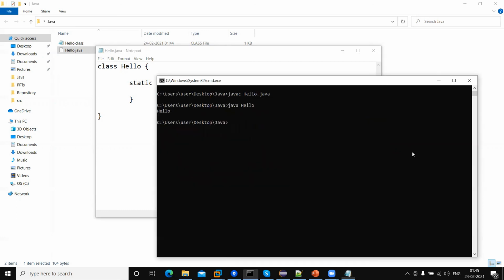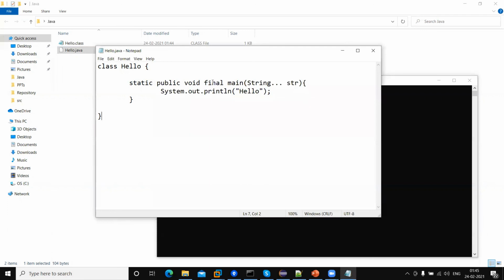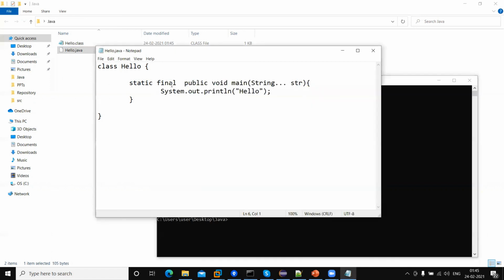This will not work. You can see we can put the final keyword between static and public. This is doable. Let me move this before void.